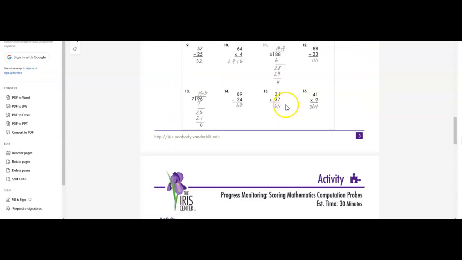And then the second question: now discuss some of the potential advantages and disadvantages of each scoring method. Compare his first probe with the second probe that you just scored. Do you notice any pattern in the types of errors he is making? And what they mean here, the first probe is